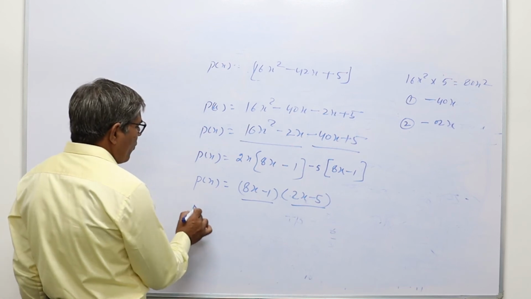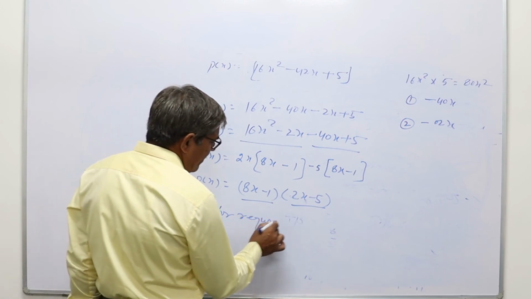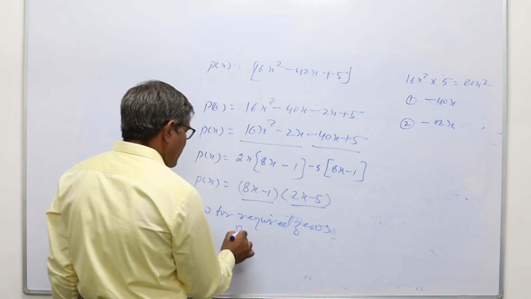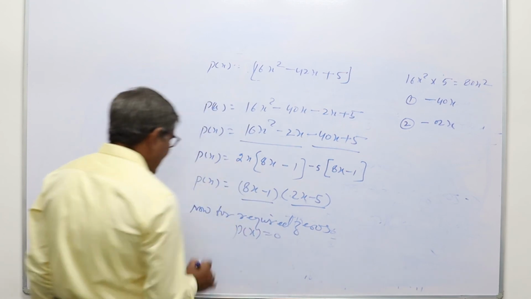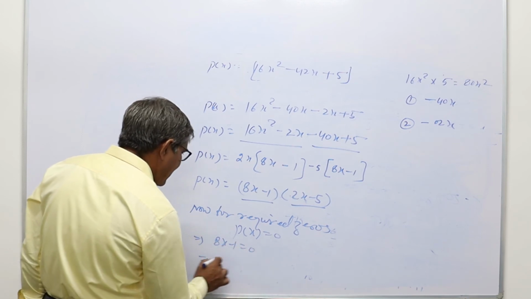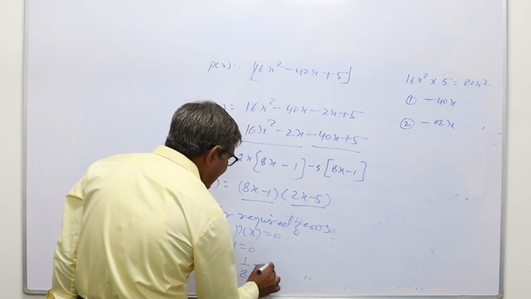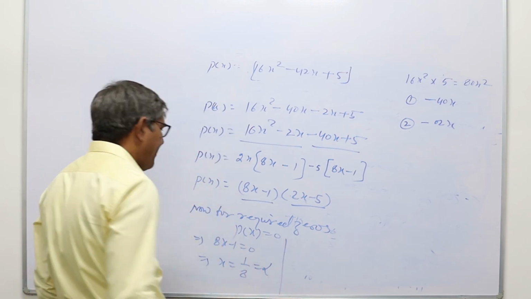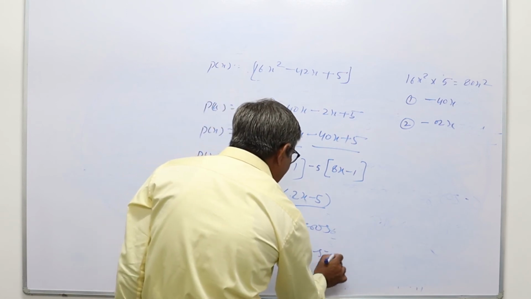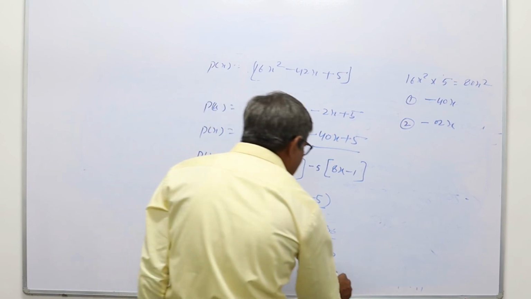Now for required zeros, P(x) should be equal to 0, which implies that 8x minus 1 is equal to 0, which implies that x is equal to 1 by 8, and let it equal alpha. Similarly, the second factor 2x minus 5 equals 0, so x will be equal to 5 by 2 and let it be